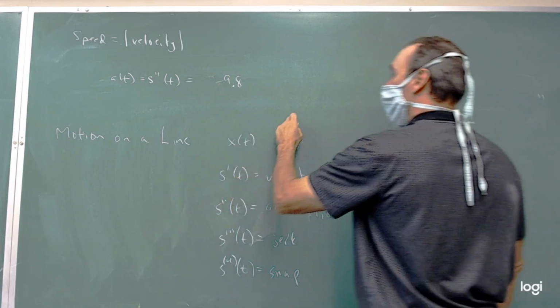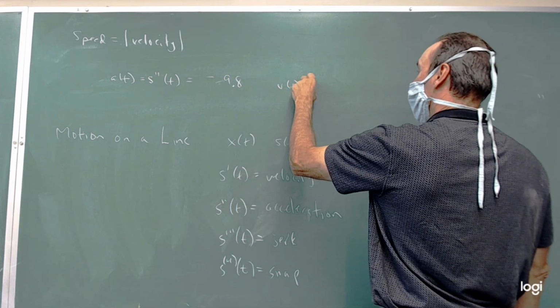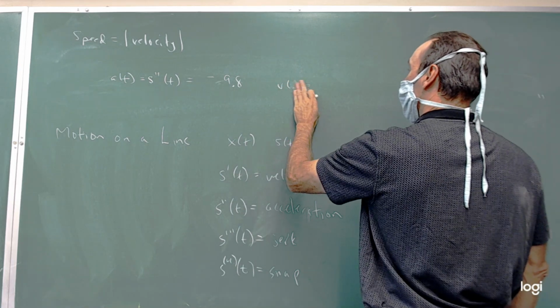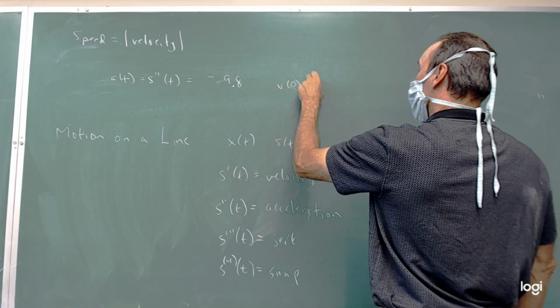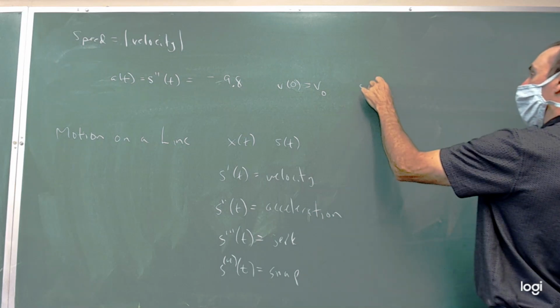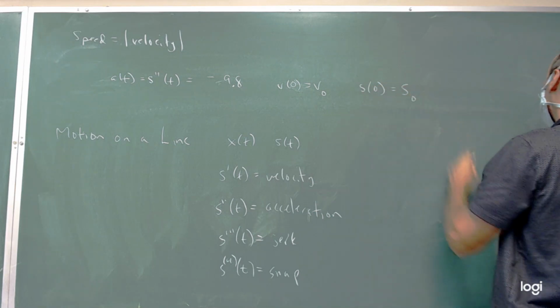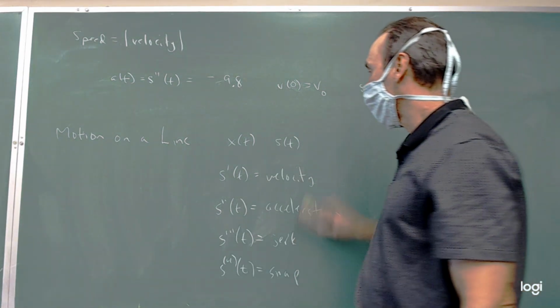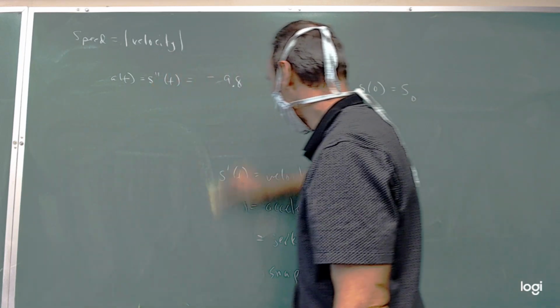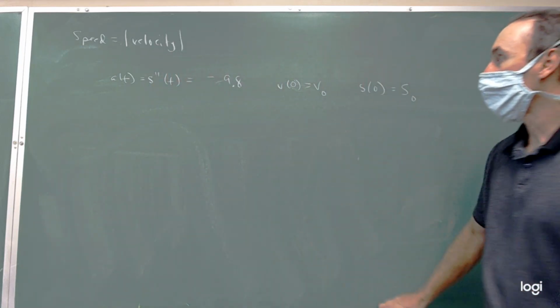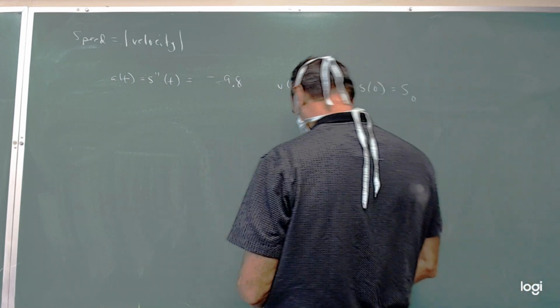And so then that means that the velocity, and if we say our velocity at time 0 is v sub 0, and our position at time 0 is s sub 0, then it's really just a big differential equation that we can solve. And so we know that we can integrate